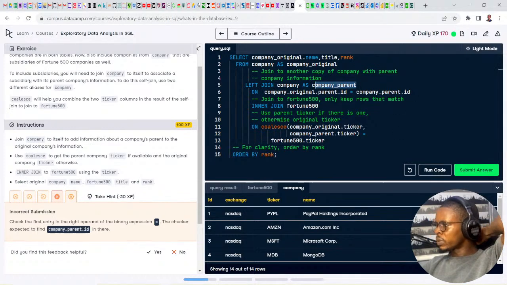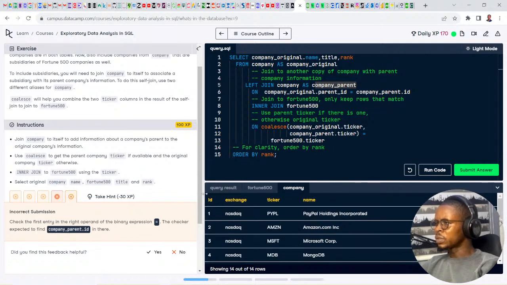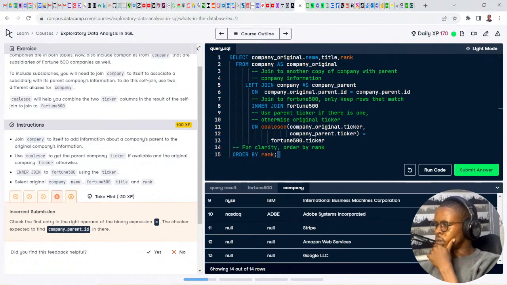But the challenge I don't understand, why are they using this parent ID and ID as the joining clause? Oh, okay, hold on. Trying to make sense now. That means everywhere it says, let's return everything from this left table here, and only matching records from this company ID here. Oh, okay. I'll read more on that.